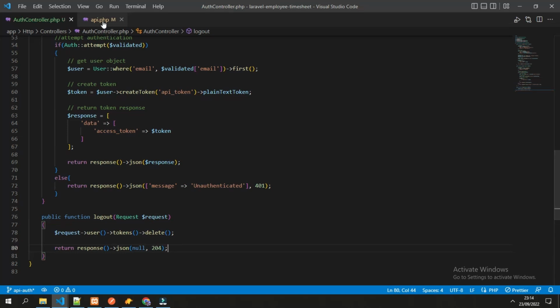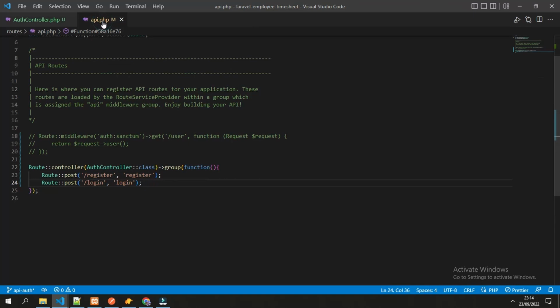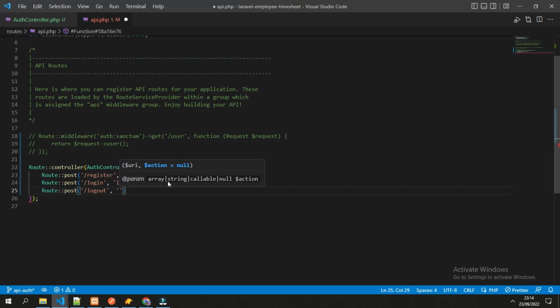And for the API we will add a post operation logout with the action or function name is same logout, but this time we will need authentications before the user can do a logout.